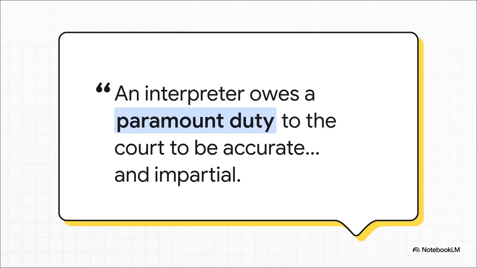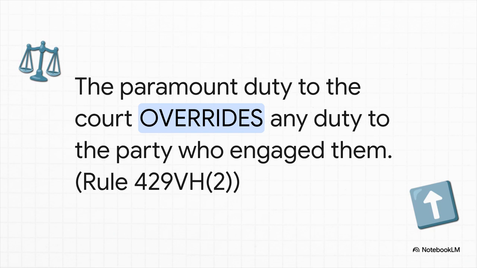Right, this quote, Rule 429VH subsection 1. Burn this into your brain. The interpreter's paramount duty is to the court, not to you, not to your client, not to whoever's paying them. Their loyalty is to the court and to the process of justice. Full stop. And just in case there was any doubt, Rule 429VH subsection 2